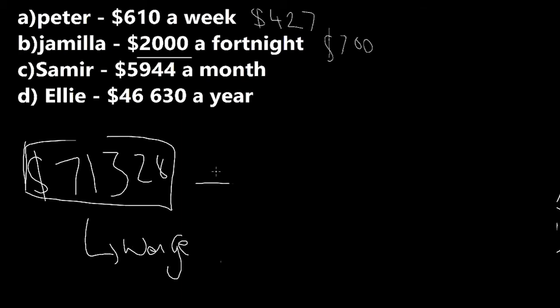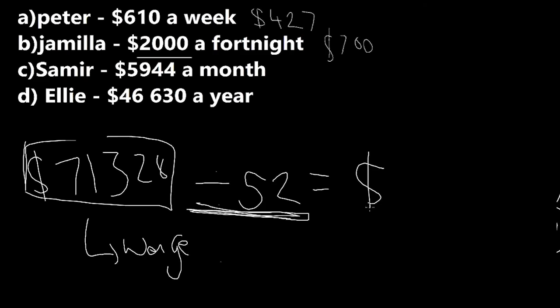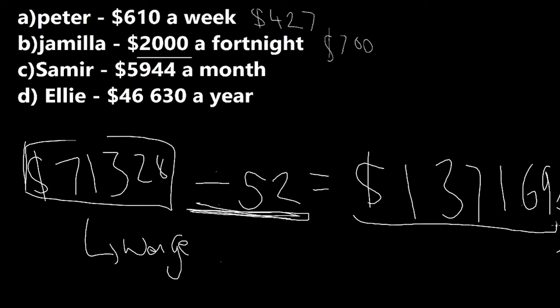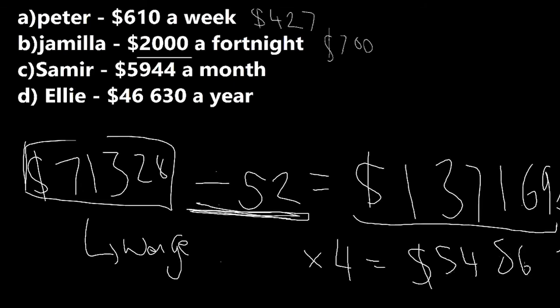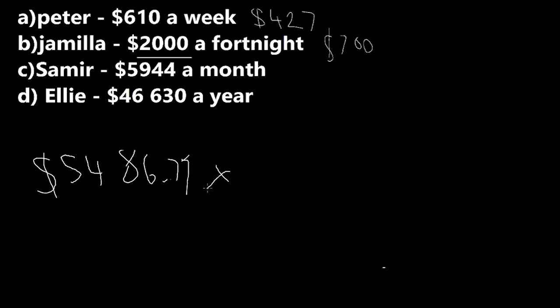So we're assuming here that Samir earns a wage and not a salary. So therefore we only need to divide this by 52 because we know that there are 52 weeks in a year. So that's going to give us $1,371.69. So that's per week. And then we want to try and get that to 4 weeks of pay, which is going to give us $5,486.77. So now I'm going to times that by my 17.5%, which as we know in decimal form is 0.175,